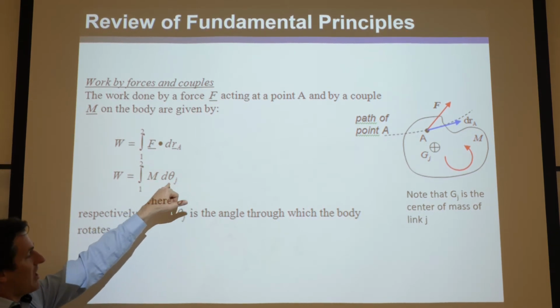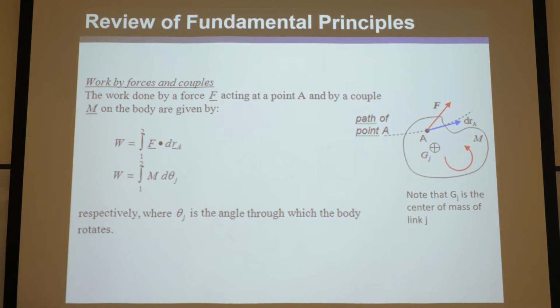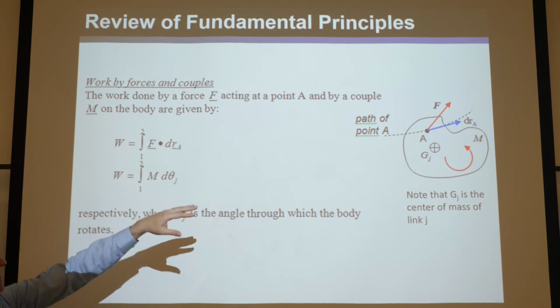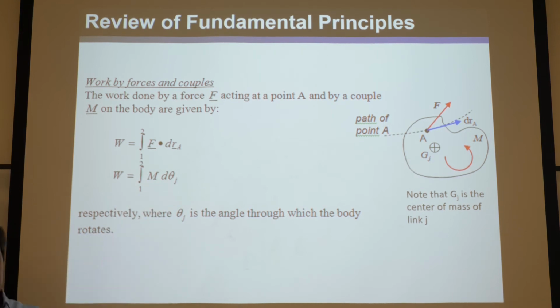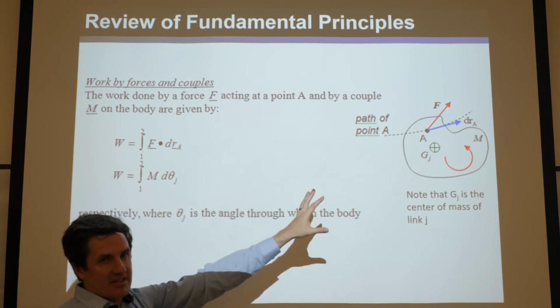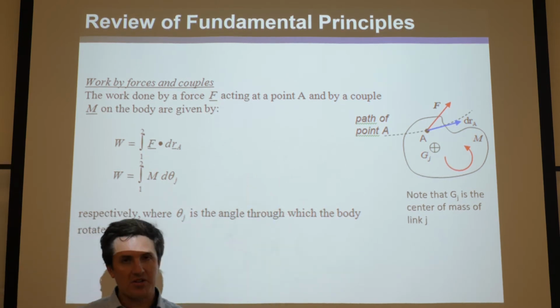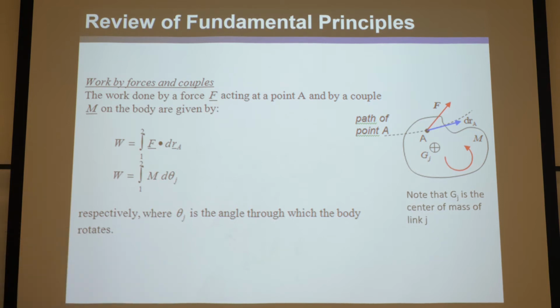d theta j. It would be a vector, which just basically captures the direction and magnitude about which the body is rotating. Again, it doesn't say anything about the axis, the location of the axis that it's rotating. It's just the magnitude and direction, and you dot product those. But because everything in this topic, this course, is limited to two-dimensional planar bodies,